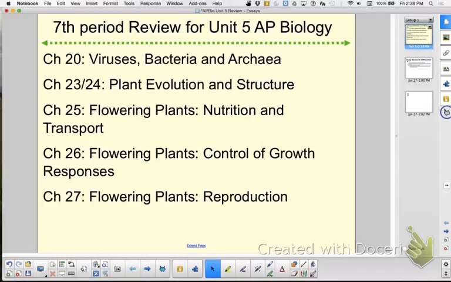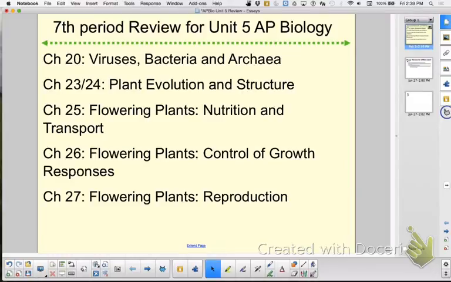Chapter 23, 24, plant evolution and structure. You know we jumped around. There were only certain things you needed to know, but things you want to walk away with. When we talked about plant evolution to get on land, that was a big deal, right? So knowing the steps of that, stuff like protecting the embryo, getting that water, having xylem and phloem, right? Having a seed, having a flower. All of those items, those are good things. So just kind of look over the big ticket items and go, hey, I could write about that.